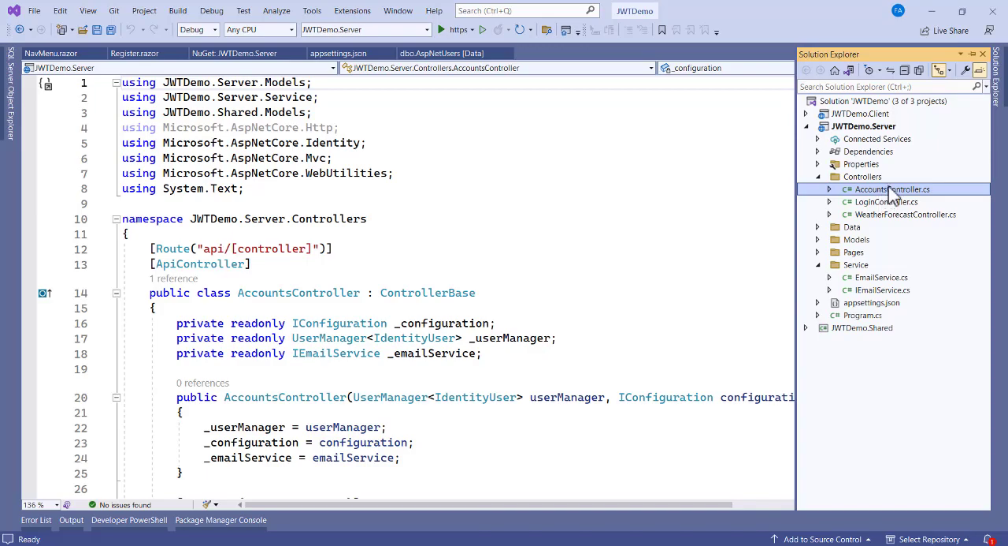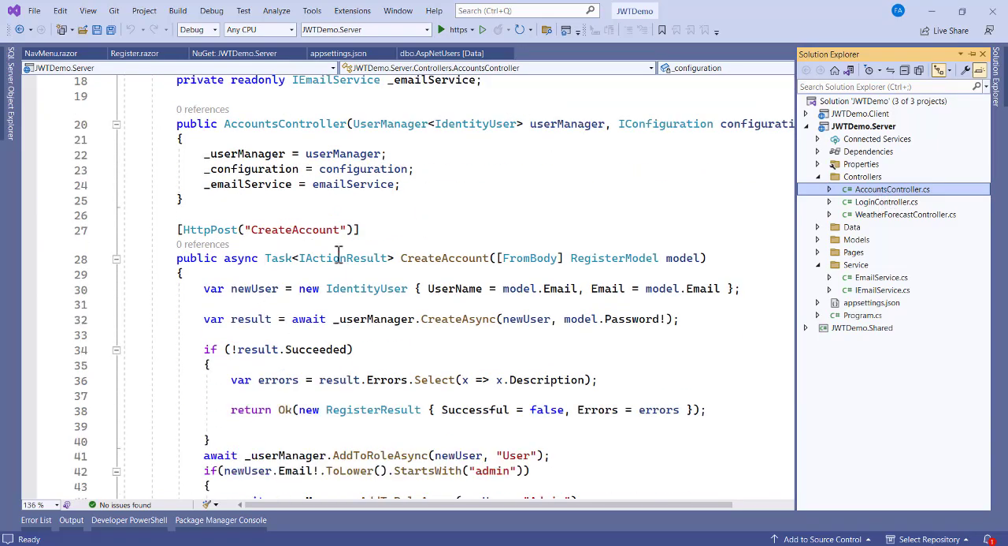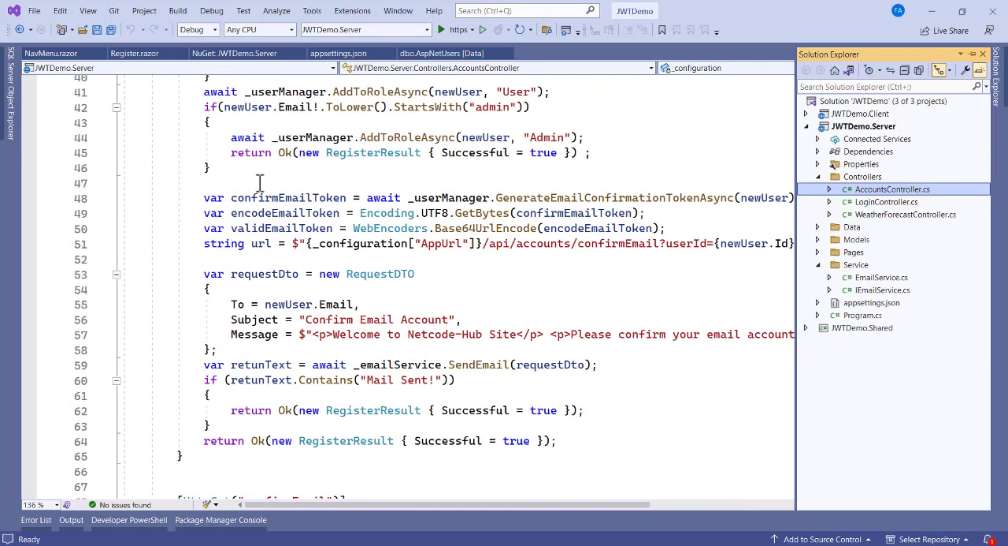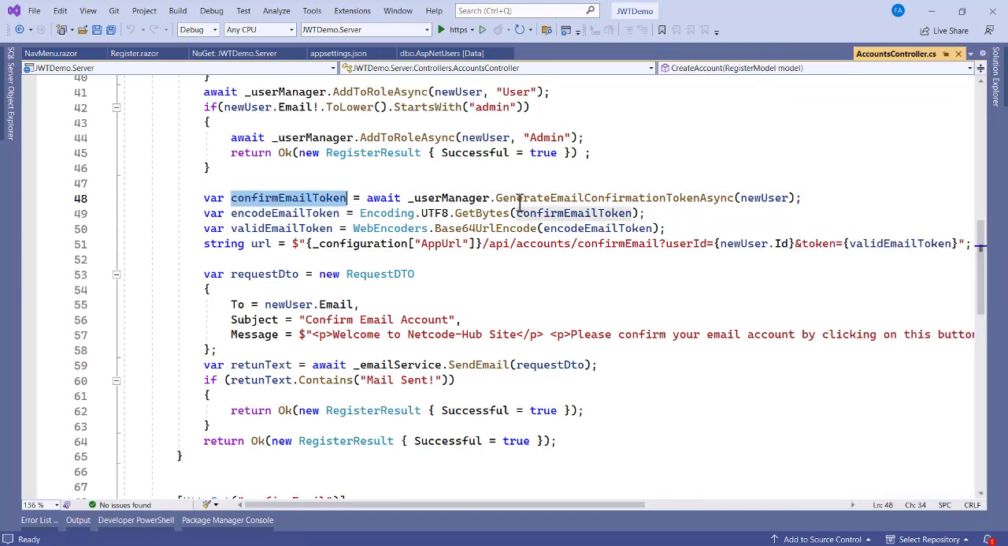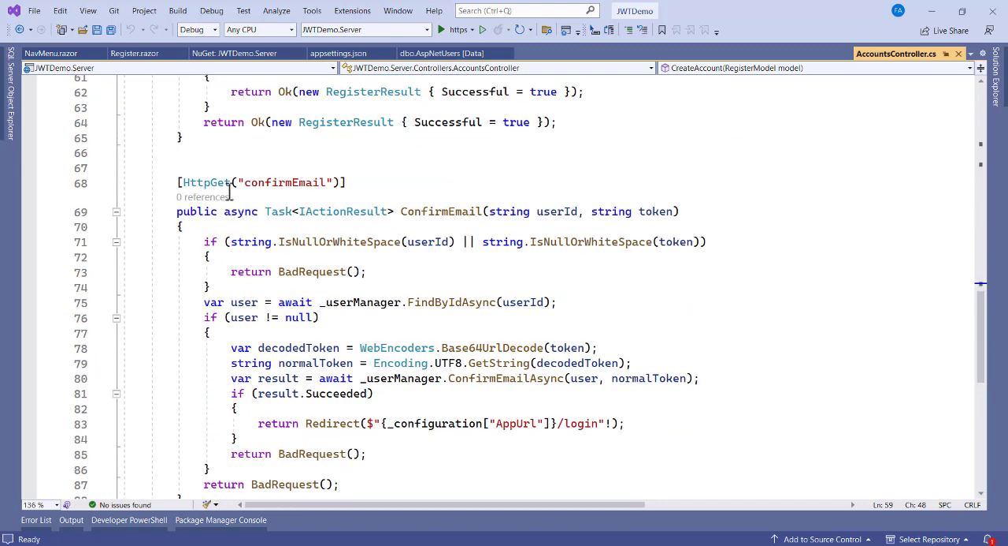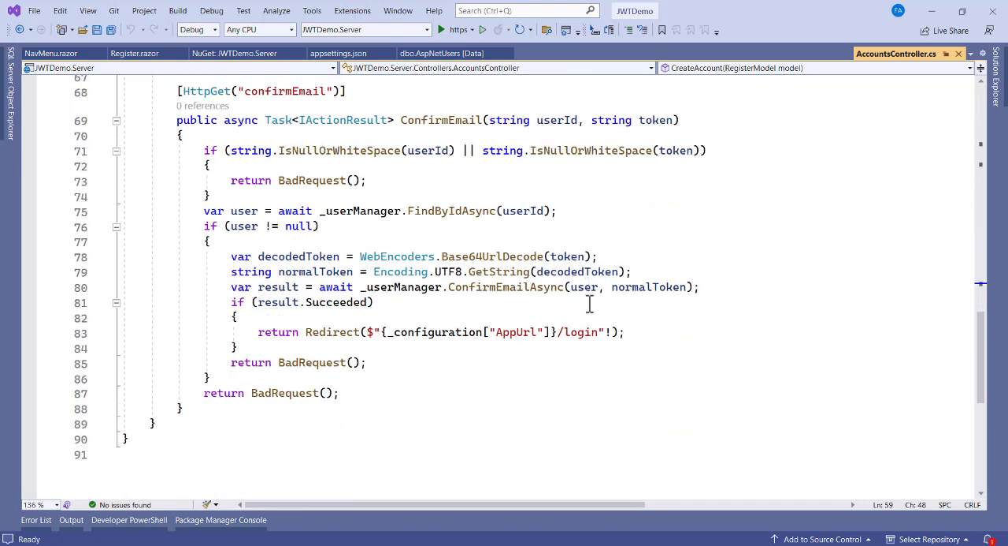Okay, now inside the account you can see that you have a create account, and here we create a confirm email token, and we send it to the user. We call this email service over here, so that's the email service. Then we send the email to the user. When the person clicks on that email, the confirm email is received here, and now we check and redirect the person